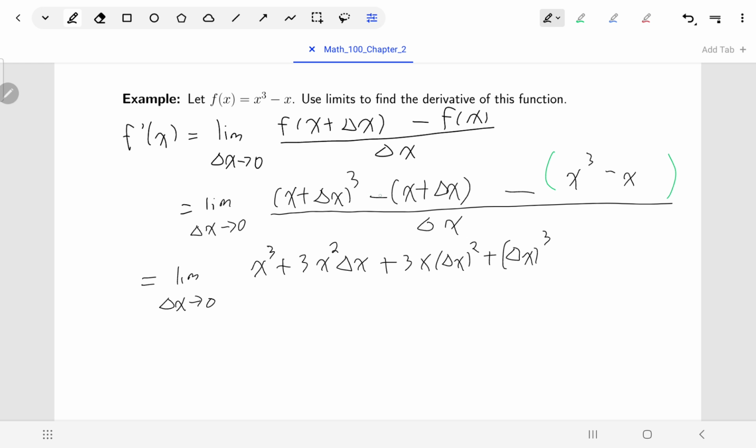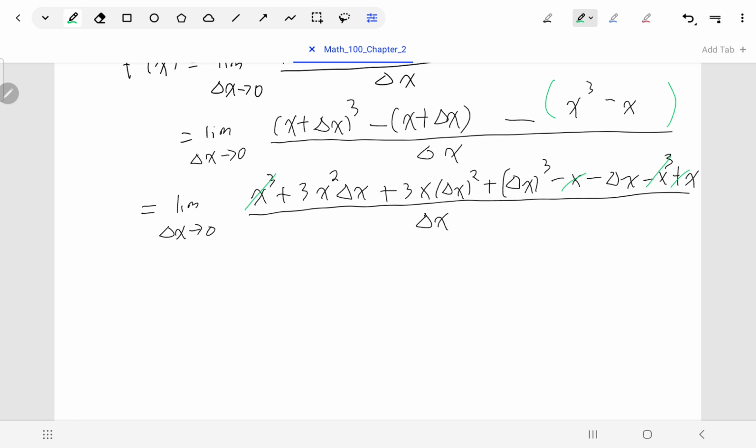Cleaning up, what else do I have? Well, I've got minus x plus delta x, so I have now a minus x and a minus delta x. And I've also got, carrying my negative through the last bracket, a minus x cubed and a plus x. And I'm going to notice that some things are going to go away here. In particular, I see that I've got an x cubed at the beginning and a minus x cubed at the end, that those are going to cancel each other just nicely. I also have a plus x at the end and a minus x that's going to cancel out just nicely. So what I'm going to be left with